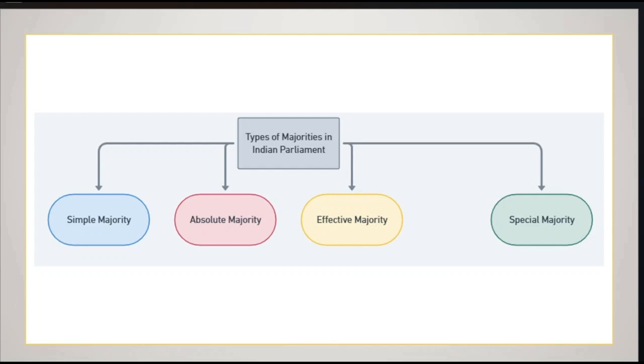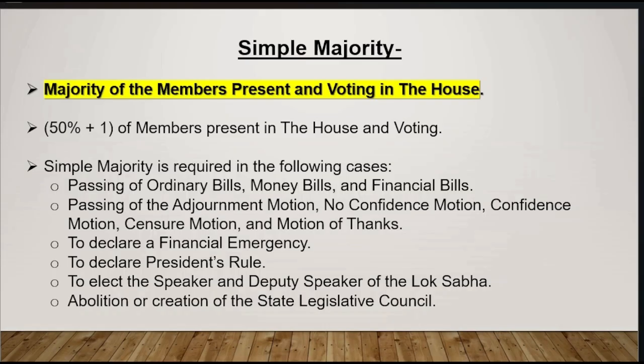So now let's go and see what each and every type of majority exactly means. So first let's start with simple majority. So what does simple majority mean? তো এই simple majority মানে হচ্ছে majority of the members present and voting in the house. তো সিম্পল মেজরিটির মানেটা কি আছে, মেজরিটি অফ দ্য মেম্বার্স প্রেজেন্ট অ্যান্ড ভোটিং ইন দ্য হাউস।